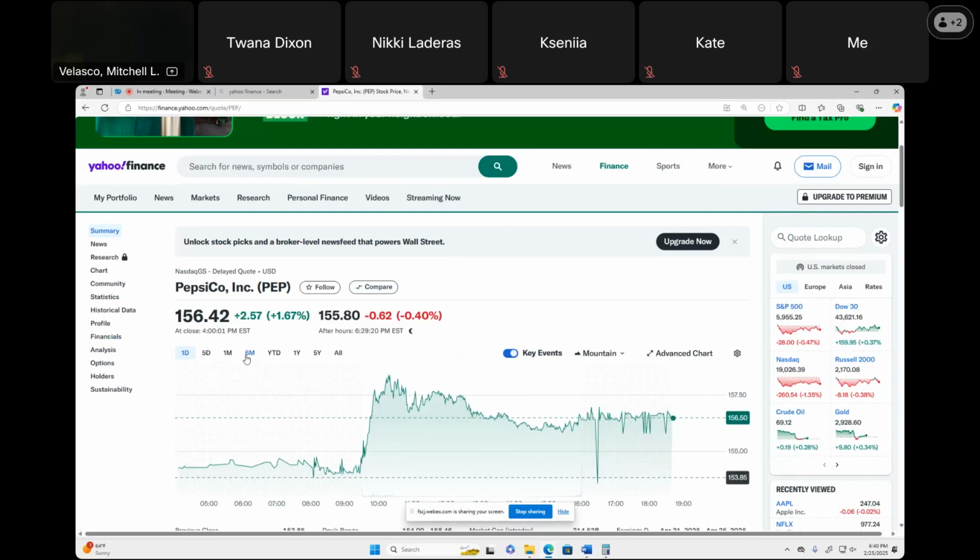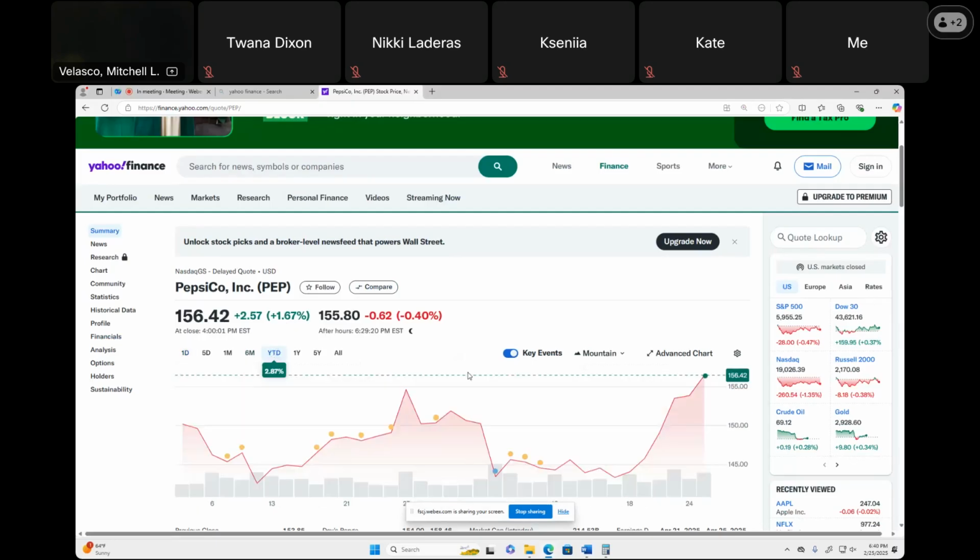But a lot of true traders look at the daily changes in the middle of the day of the stock price. I'm not that meticulous, nor am I trading by the hour either. So you can actually look at Pepsi, kind of have a trough here. Year to date since January, it looks like it's made a nice comeback.